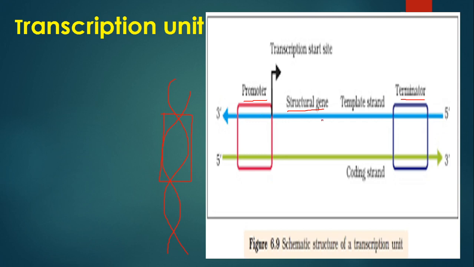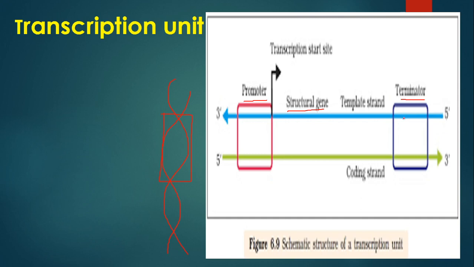The codes upon this portion, the structural gene, will be responsible for the formation of RNA. So the RNA transcribed will be formed out of the bases that are present within the structural gene. Finally, the terminator region will again be made up of some bases upon which the polymerase cannot bind